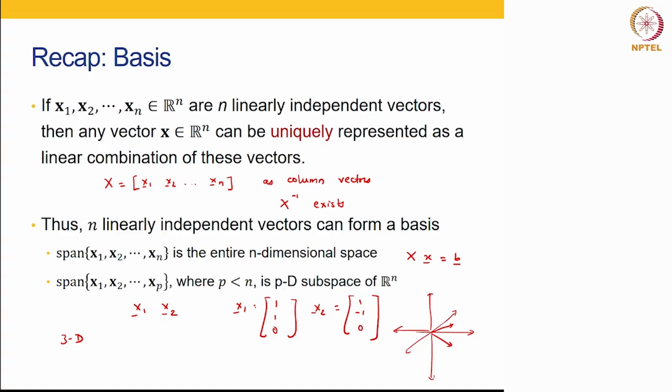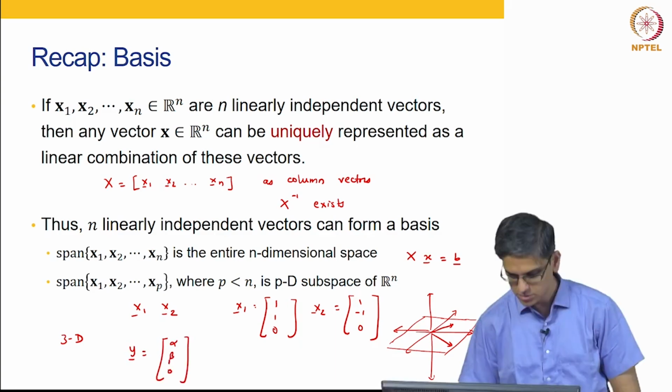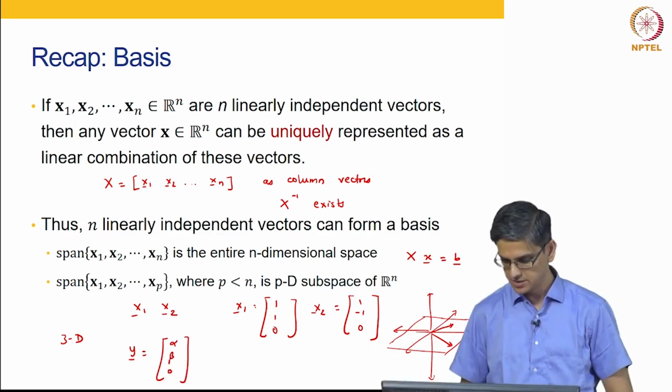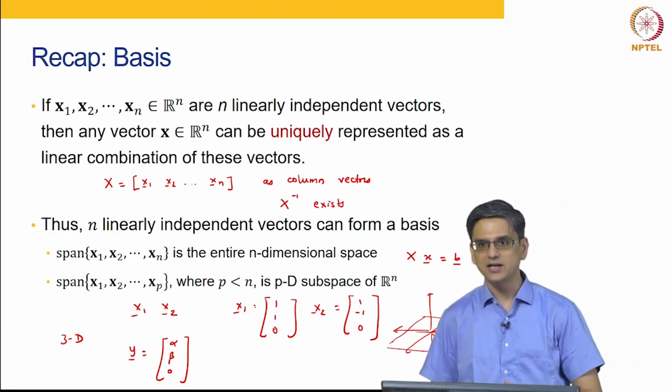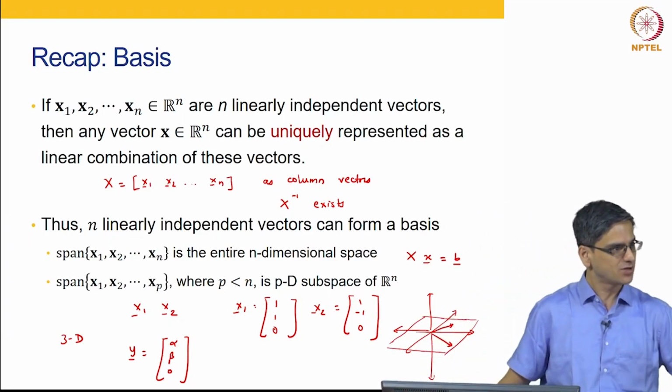So, this particular horizontal plane that is there, any vector in that horizontal plane can be uniquely represented as linear combination of x1 bar, x2 bar, okay. So, let us say if y bar was say alpha, beta and 0, that can be uniquely represented as a linear combination of x1 bar and x2 bar, which means y bar lies in the span of x1 bar and x2 bar,